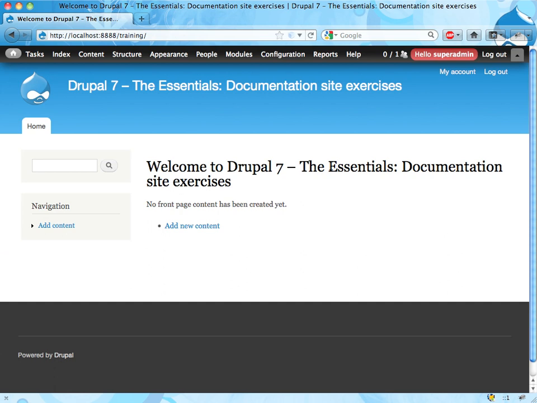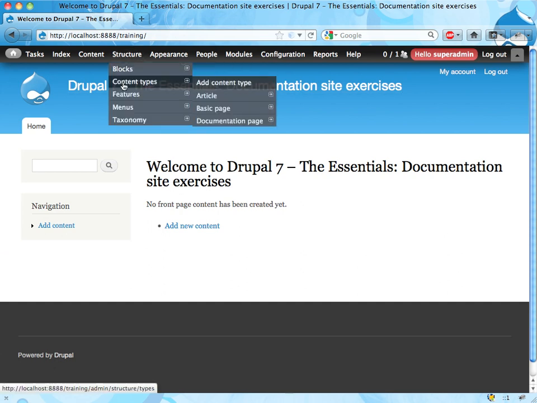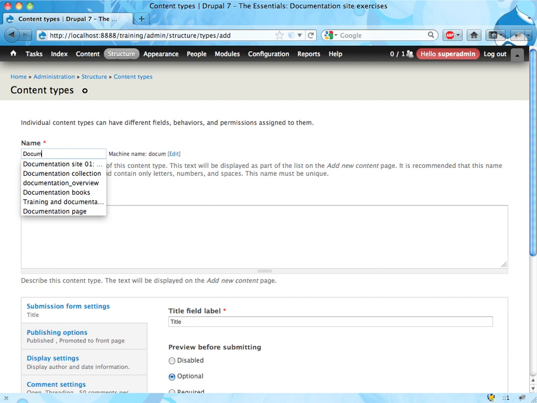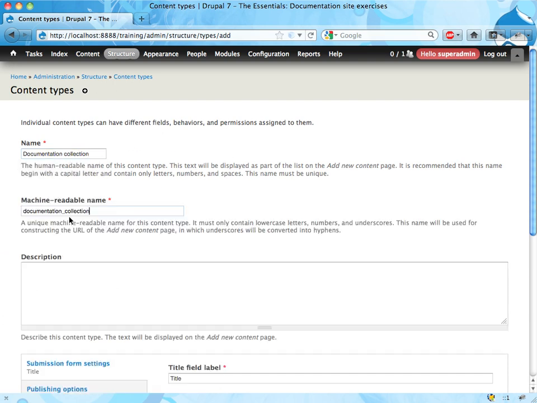Okay, this is the manuscript for Drupal 7 The Essentials, by the way. So, okay, here's the site I'm going to work on, and here's how I'm going to do it. I'm going to start by creating a new content type. Add new content type. Going to call it documentation collection, and I'm going to shorten the machine name Docs02, giving it a description. Documentation collection